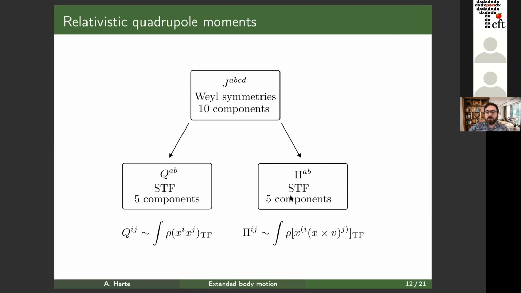Okay. But then you also have this new thing, which is what you often call a momentum quadrupole or a current quadrupole. This is also symmetric and trace-free. It also has 5 components, and this is sort of a second moment of the momentum density. So you have sort of a rho times an internal velocity, roughly speaking. All right, but the point I want to emphasize is just that you have something extra coming in GR.